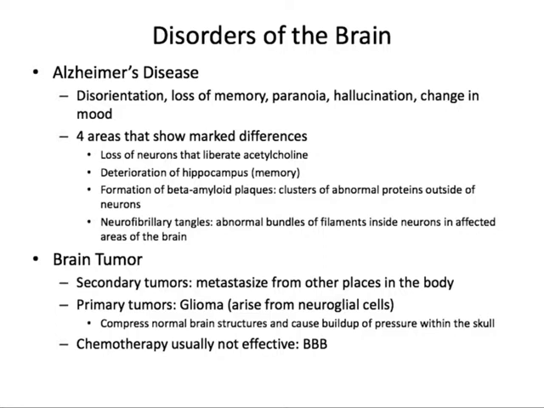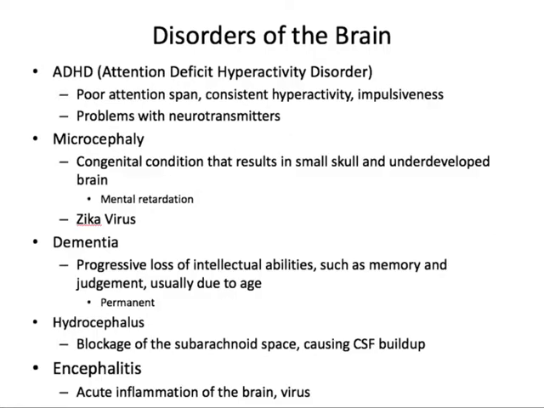Chemotherapy isn't usually very effective against brain tumors because of the blood-brain barrier. Remember, the blood-brain barrier keeps out most things that are not lipid soluble or have some other form of transport like glucose. Other disorders of the brain, you can have ADHD, used to be called ADD, but now we've added that hyperactivity